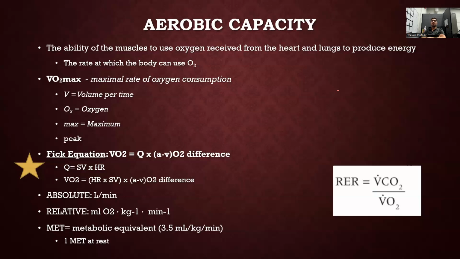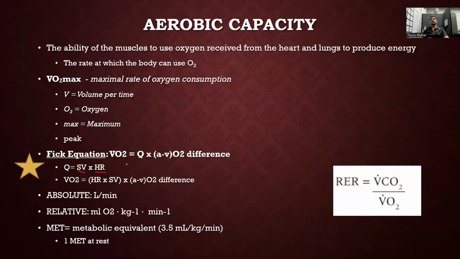So V means volume per time, O is oxygen, max is the maximum you can utilize for your whole body, right? Or per kilogram usually. So the Fick equation is very important because the Fick equation is our measurement of blood flow. Now, the two factors that contribute to blood flow are going to be stroke volume, SV here, stroke volume, that's the SV, and heart rate,